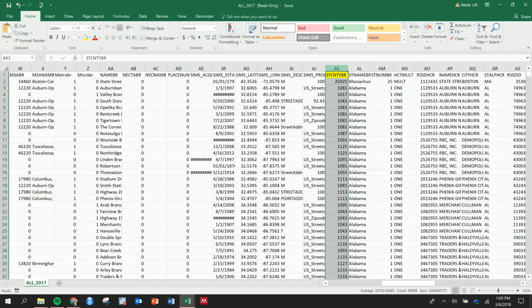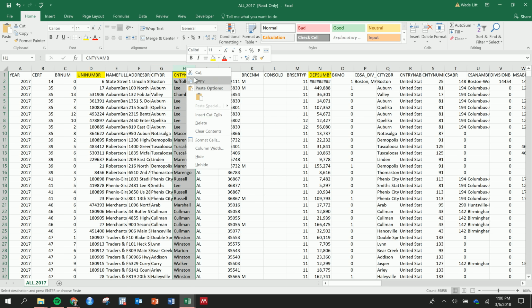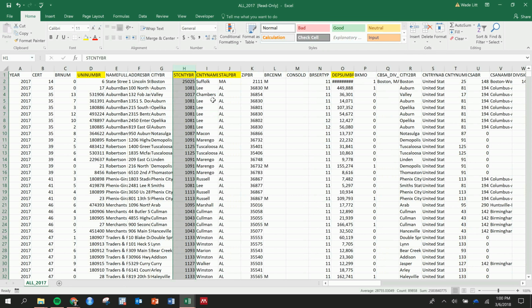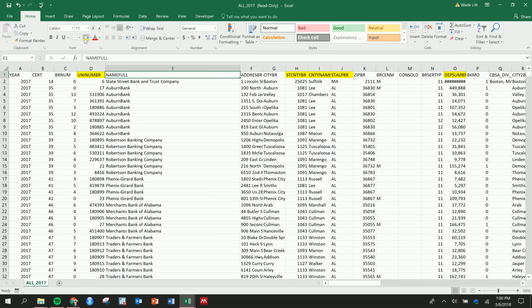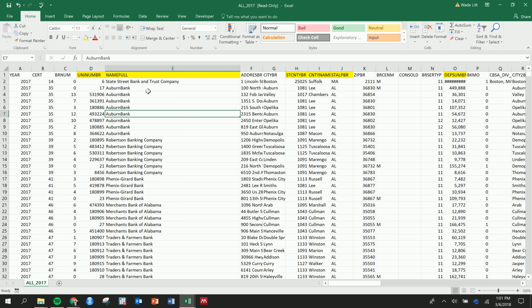And actually what I want you to do is go ahead and grab that, cut it, and put it in front of these other 2 variables. We're going to be using that later for a VLOOKUP function in Excel, and we need that to be on the left side of this 3-column table that we're going to be using. Okay, so that's the setup. We've got one more, name full. Name full is the name of the bank. Okay, so Auburn Bank has, let's see, eight branches. So these are the variables we're going to be using,